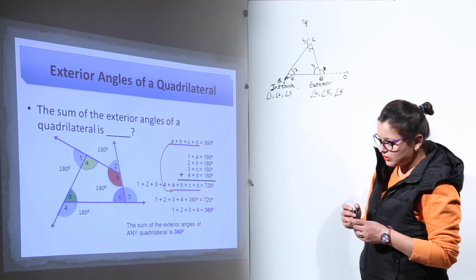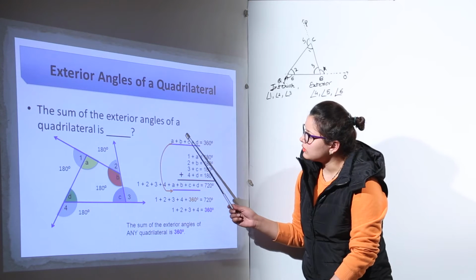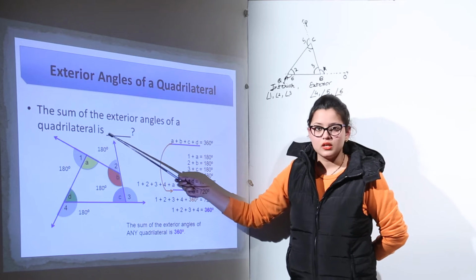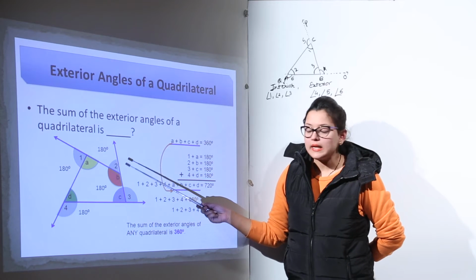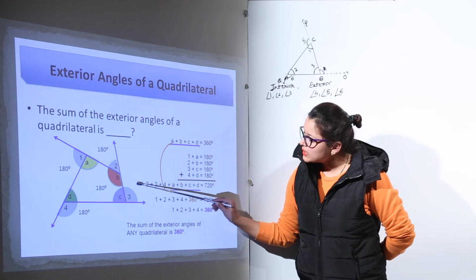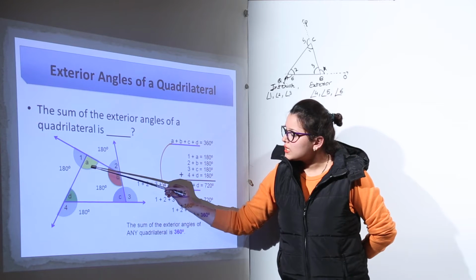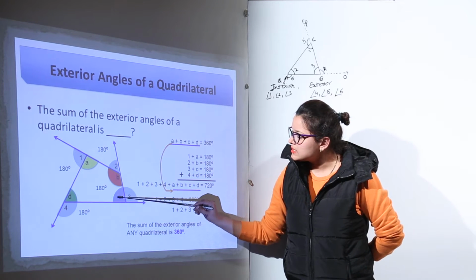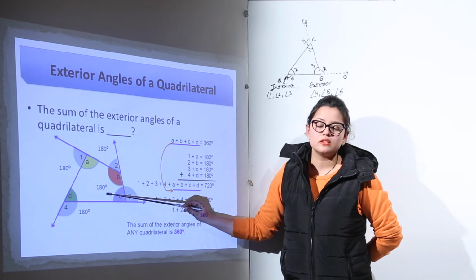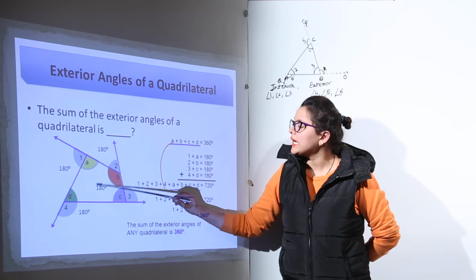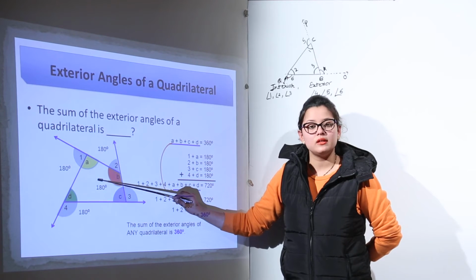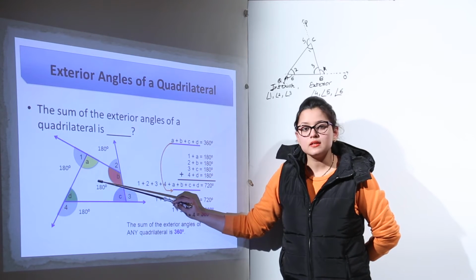Now let us move on to the topic of exterior angles of a quadrilateral. Can you tell us what will be the sum of exterior angles of a quadrilateral? We will be finding that out. Before that, let us understand what will be the exterior angles of a quadrilateral. Now you can see over here angle A, angle B, angle C and angle D. All 4 angles are representing the interior angles. Why so? Because all these 4 angles are made with the sides of this quadrilateral and they are lying inside the quadrilateral. So these are the interior angles.